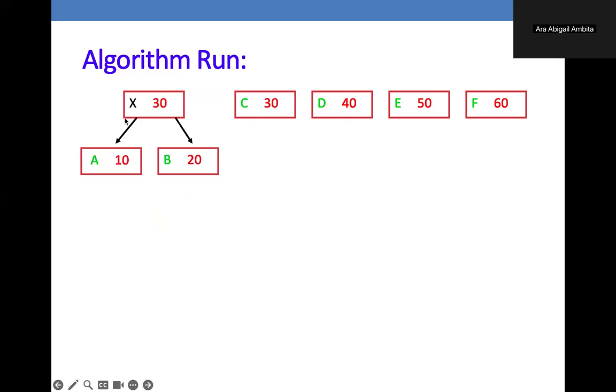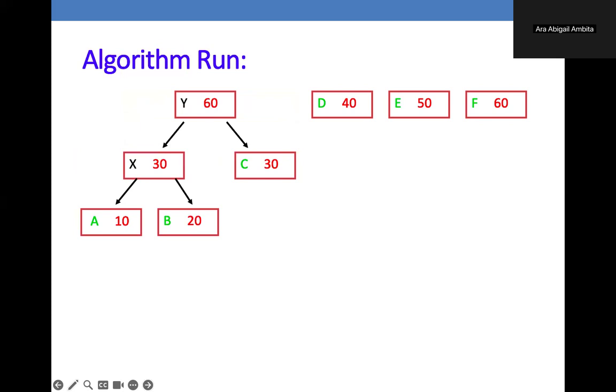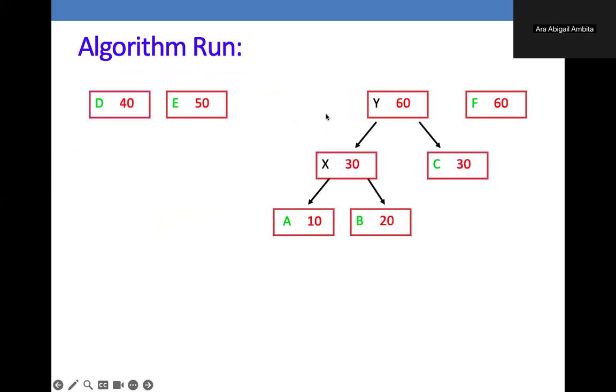So we combine them into one, and then we have, let's say, another node here combining the frequency of X and also C, in which X contains A and then B. So it's now 60. Okay. Next is we are going to do sorting again. So this 60 should be found here, right? Or here. So this would be how we sort it. So now we have 40, 50, 60, and then 60.